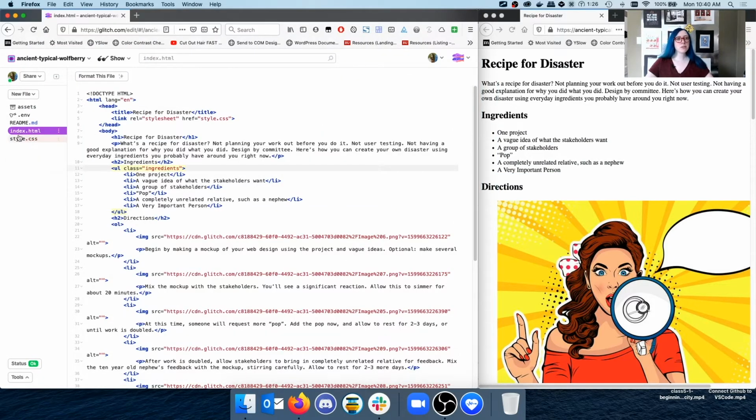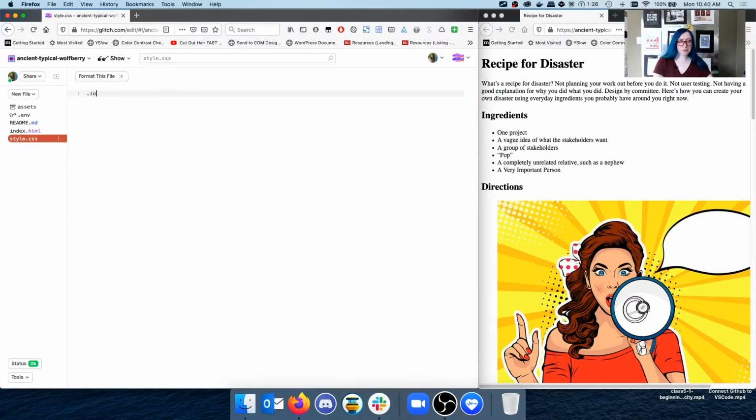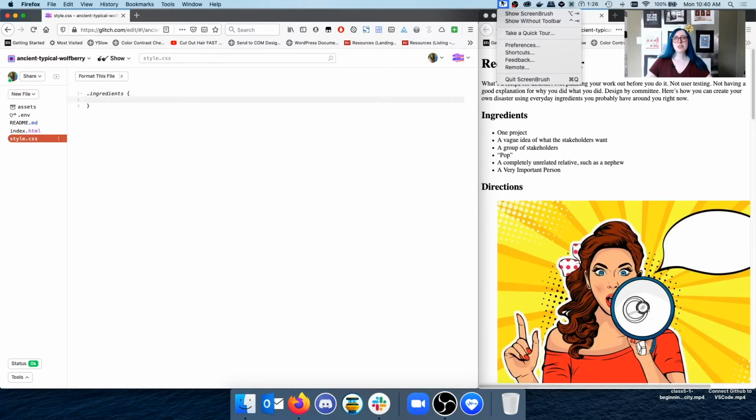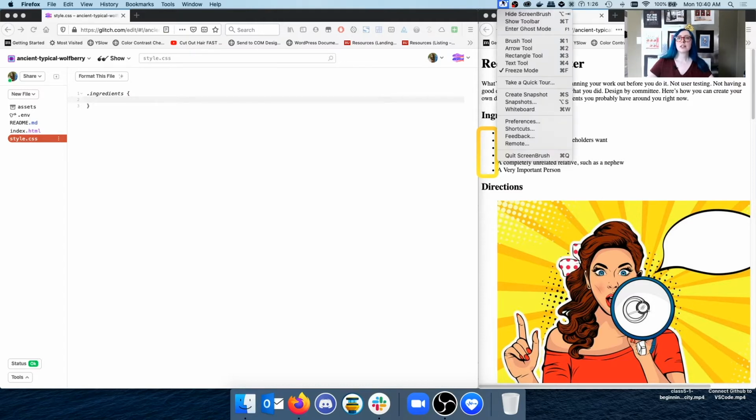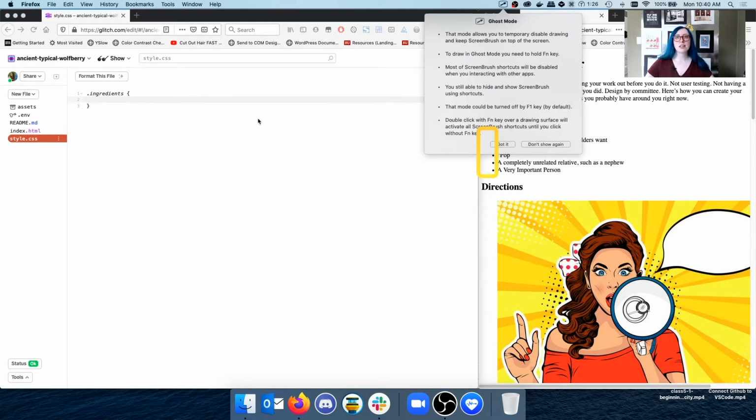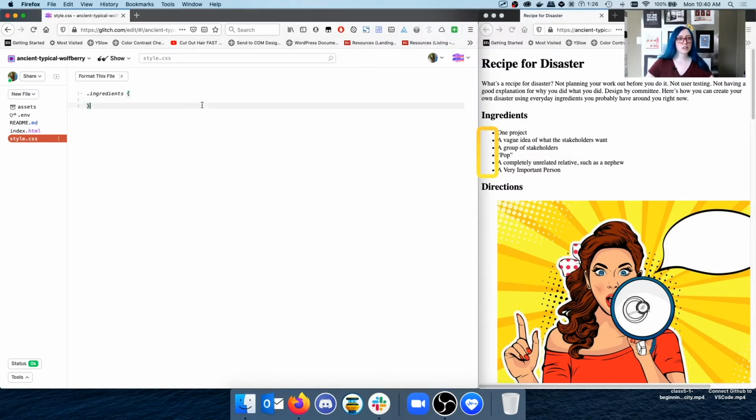So I'm going to head back over in here, go to my style.css file, write ingredients, and I'm just going to show you a little box here so that you can see what's going on. We're just going to draw this out and leave this here. And then over here, let's see if we can do this. Perfect. Let's try changing the padding